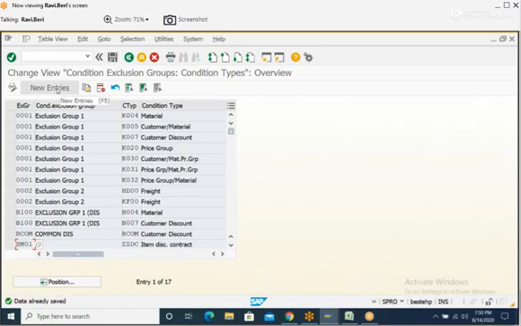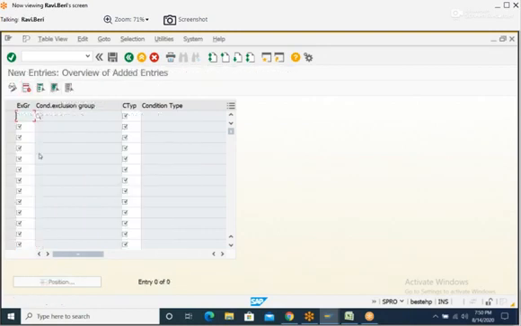Save it. Now go to new entries. For the B200 group, assign the other 2 condition types. Go to new entries, B200, B005, B200, B020, save it.